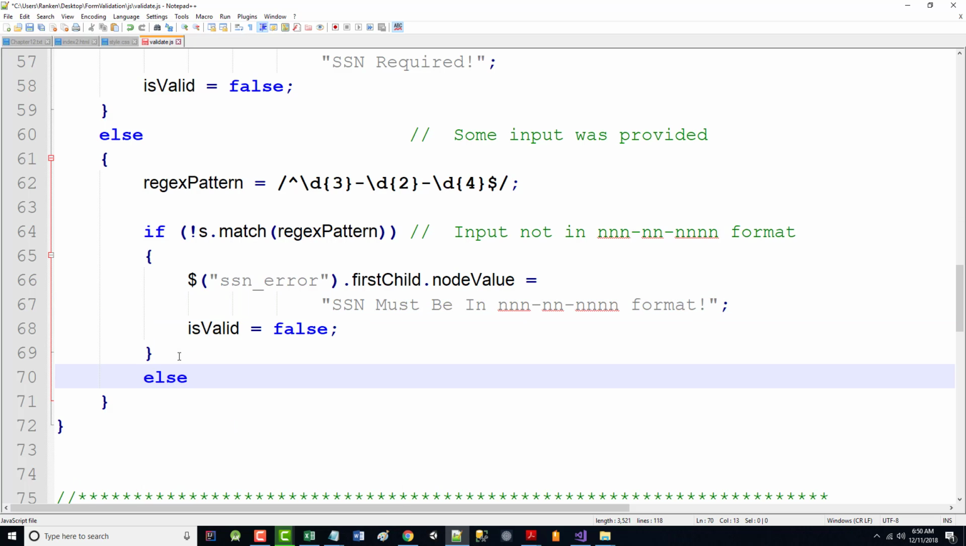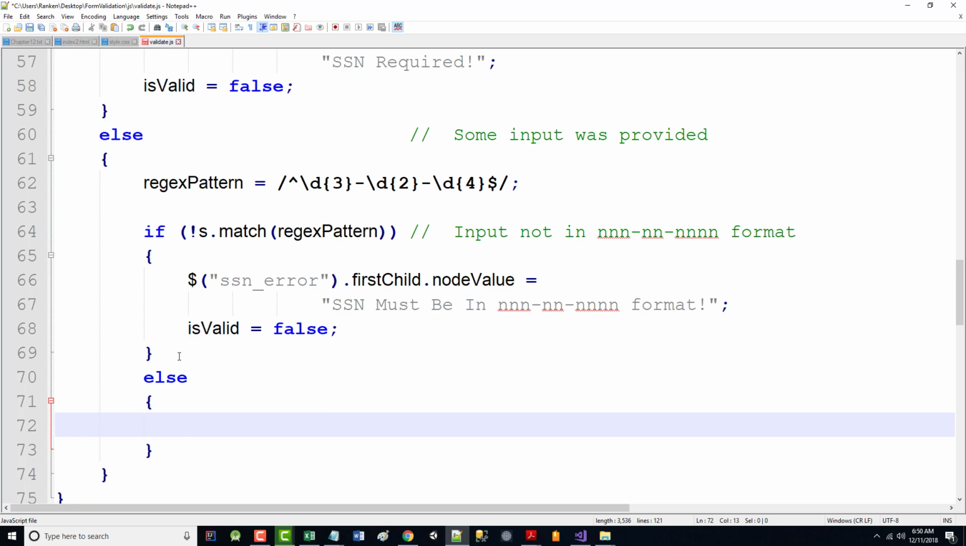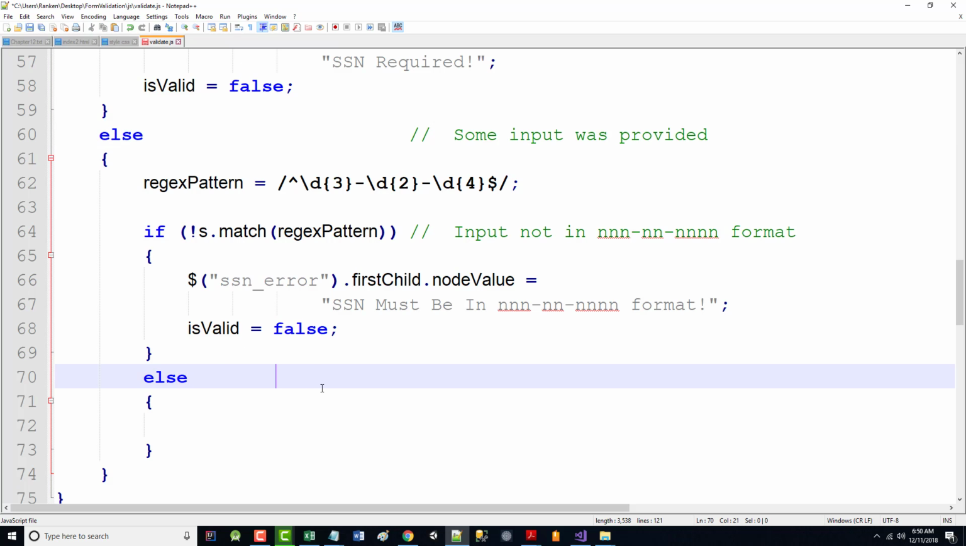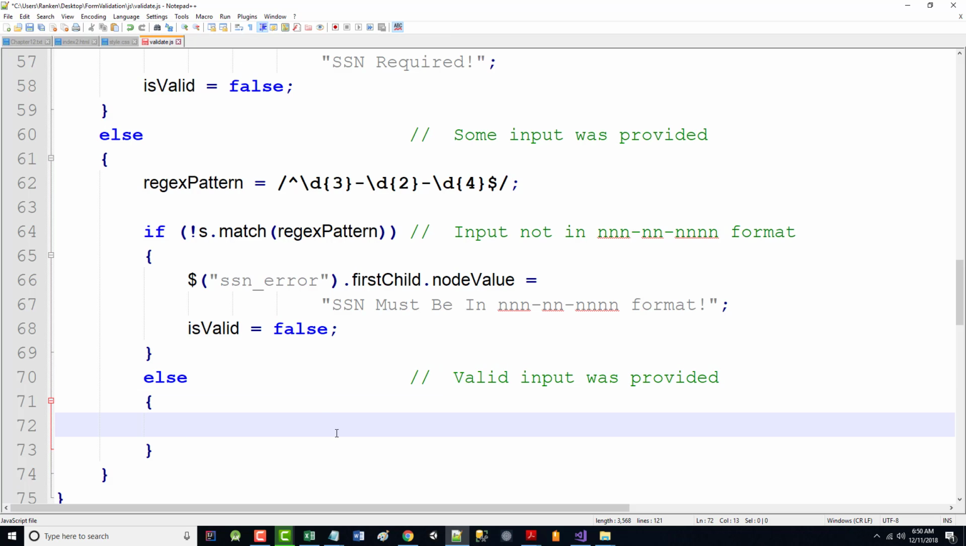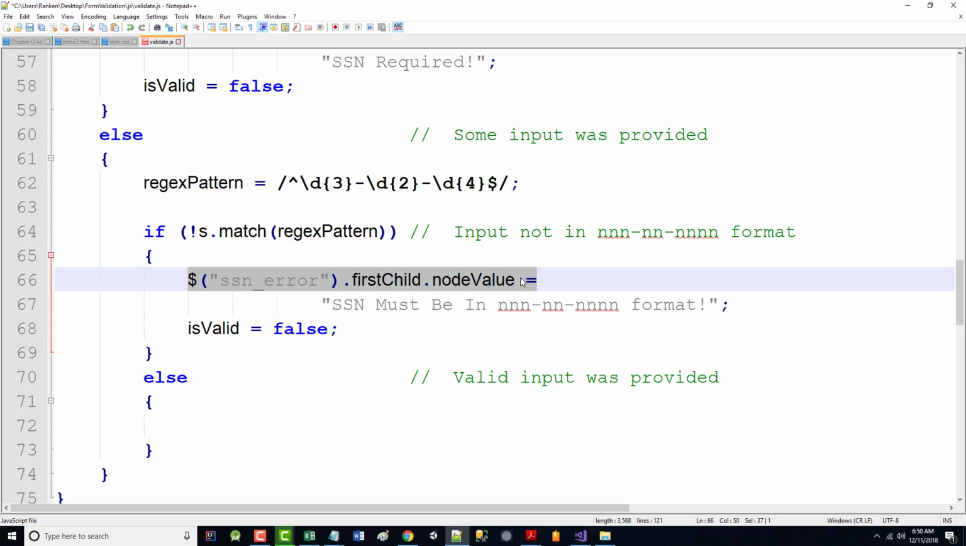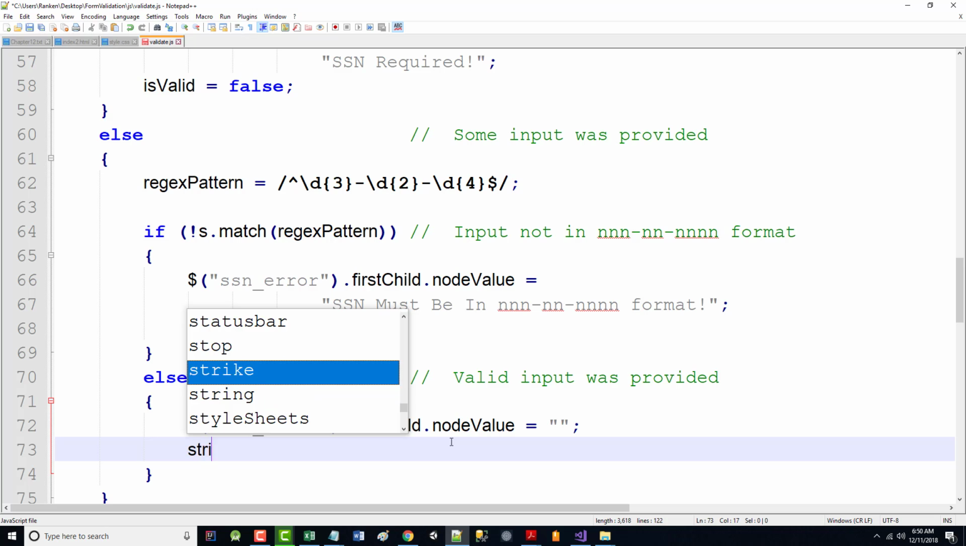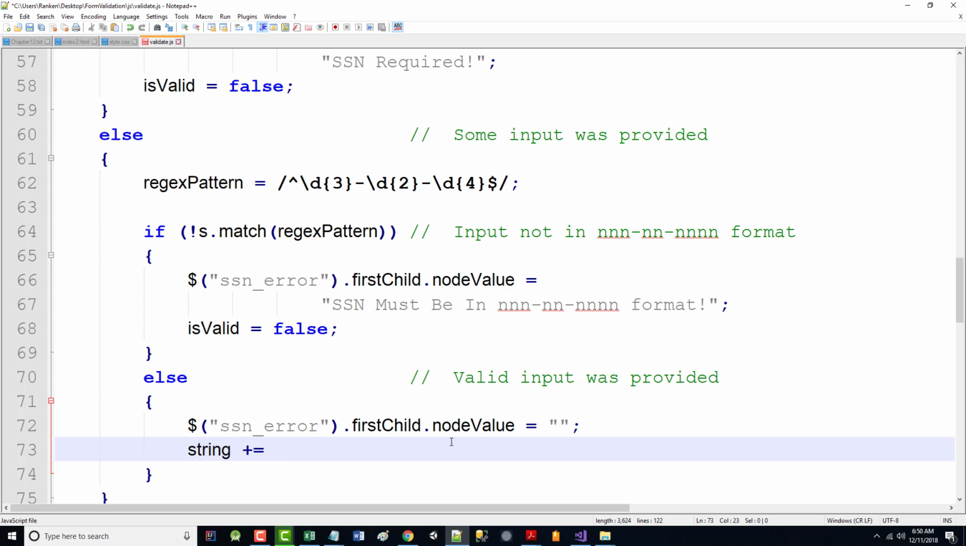Else, what do I know? Well, I know valid input was provided. Not some input, valid input was provided. All right? So if that's the case, I want to take my node value, set it equal to nothing, because there's no error. And my string will be equal to